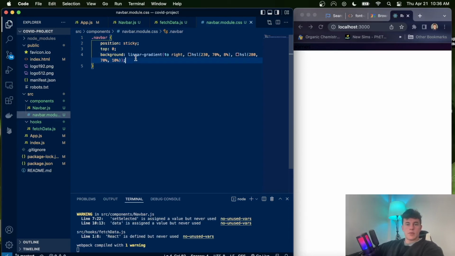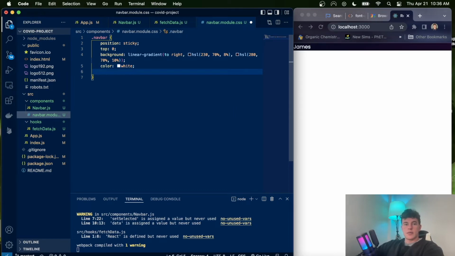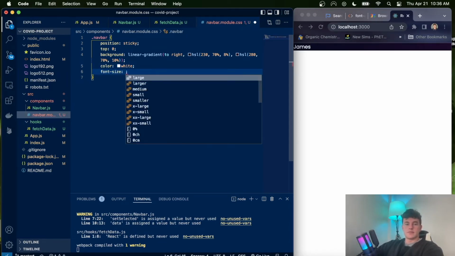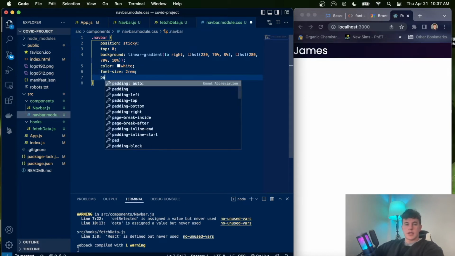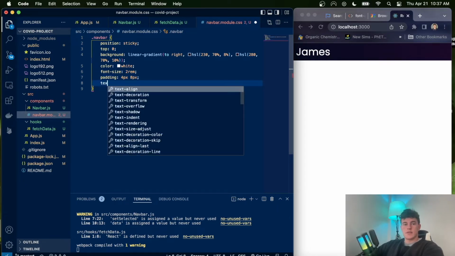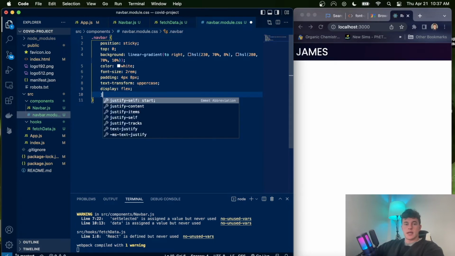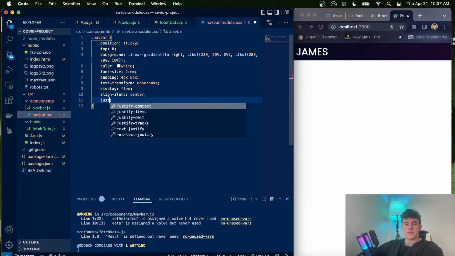Now, if we save that, we're also just going to say color is going to be white for all of the text. We're going to say font size is going to be 2 rem. We're going to have a padding of 4 pixels vertically, 8 pixels horizontally. Just like that. We're going to say text transform, where is it? Uppercase. And 2 more things. We're going to have a display of flex and an align items center and a justify content space